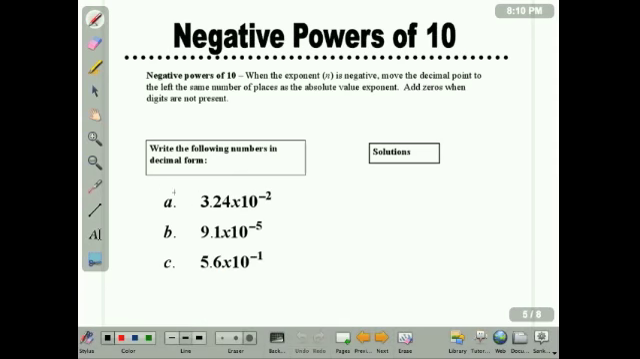Alright, now when our powers are negative exponents, it means our number is going to get smaller than it currently is. So we need to move our decimal 2 places to the left. In this case, 1, and I need a 0 to fill in that spot, so my new number becomes